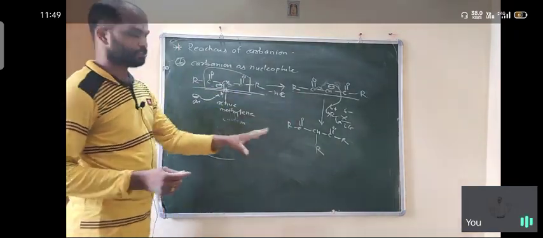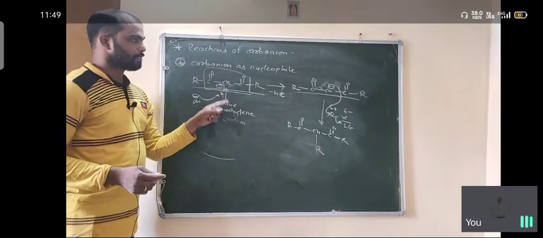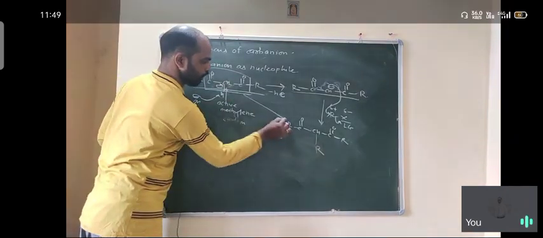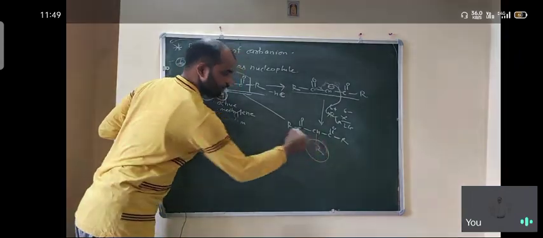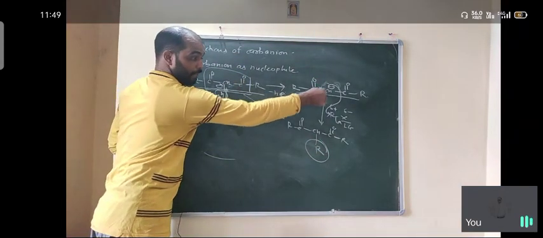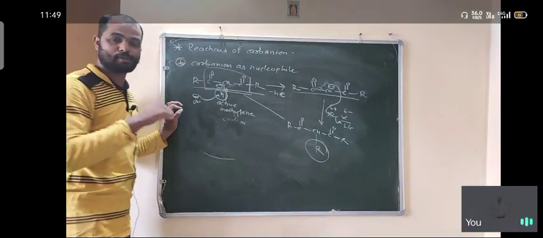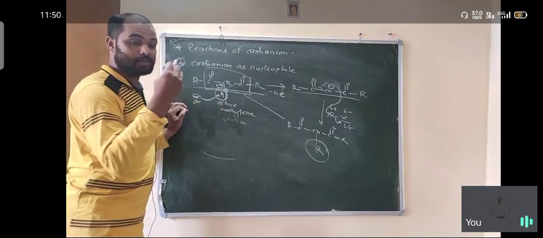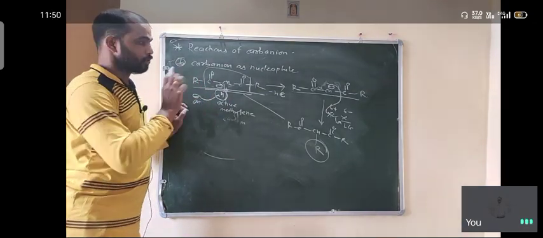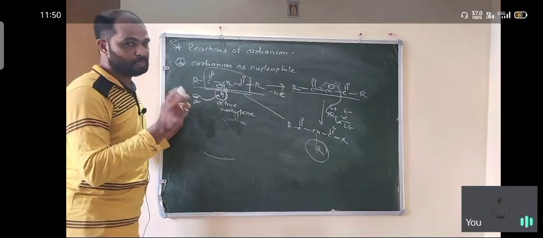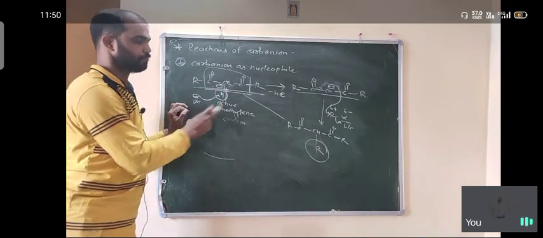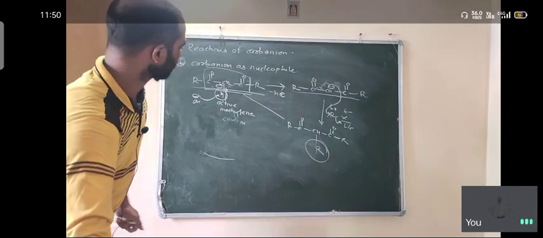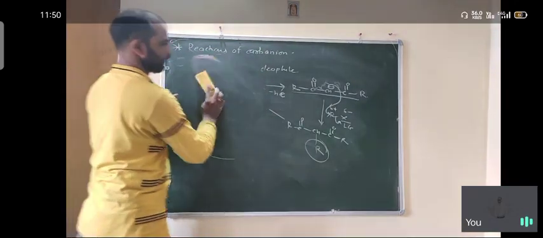But what is the point of discussion? Carbanion here acts as a nucleophile. Compare these two with each other. Here hydrogen is displaced by the alkyl group, because the carbanion acts as a nucleophile. In the last reaction, hydrogen is replaced by deuterium, but the carbanion forms as an intermediate because there is no direct electrophilic or nucleophilic reaction. There is just a displacement of hydrogen by deuterium, but here there is displacement of hydrogen by the alkyl group or any other group, any electrophile which is used here. So this is the third type of reaction, the displacement reaction.